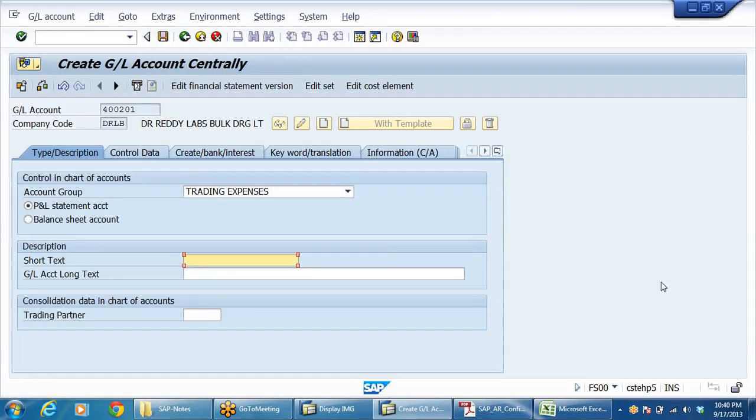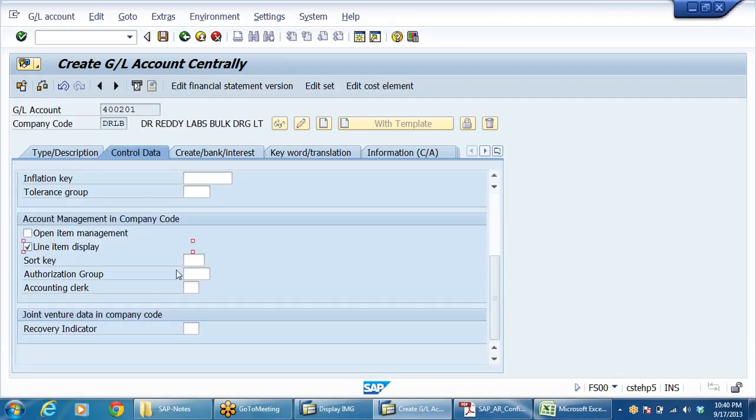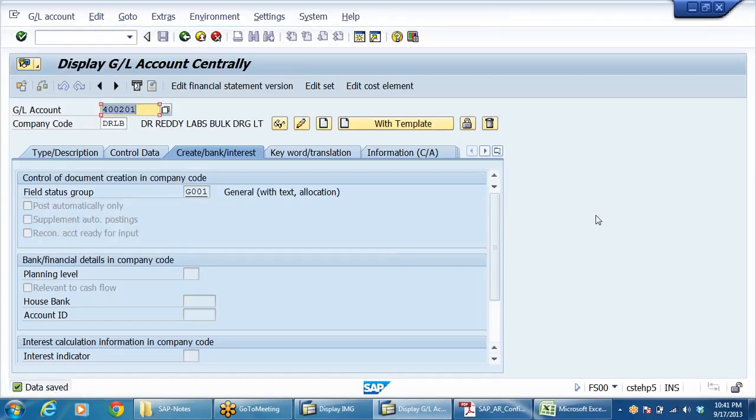Say quantity rebate to customer. Since this is an expenditure, line item display 001 and G001. So these are just simple GL accounts, that's all.